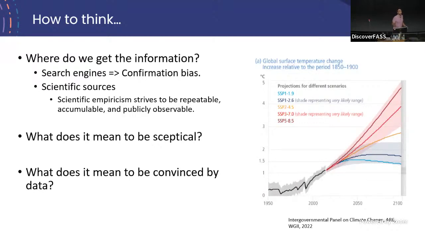To be skeptical about information and data, a proper skeptic questions what they are unsure of, but recognizes when valid evidence is presented, and uses this valid evidence to change their mind about their thinking. We also talk about what it means to be convinced by data. When you have data, we still need to critically think about how it's collected and so on.